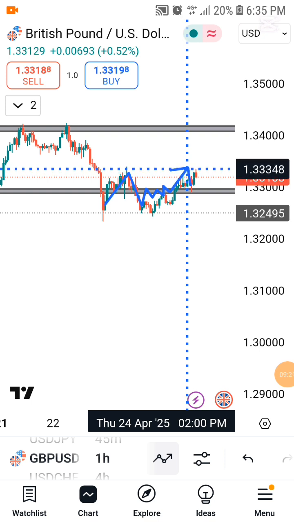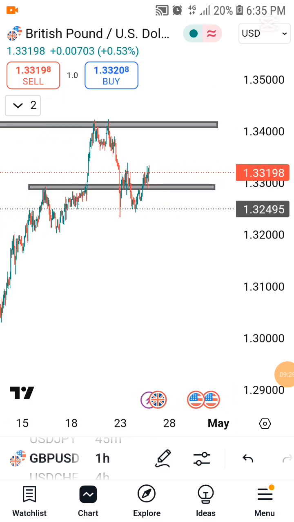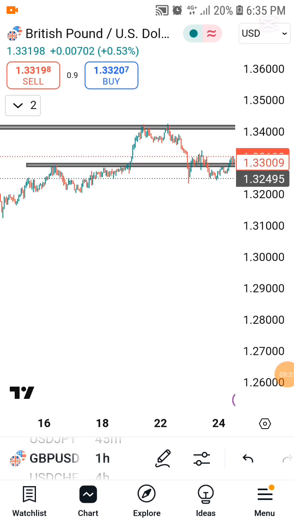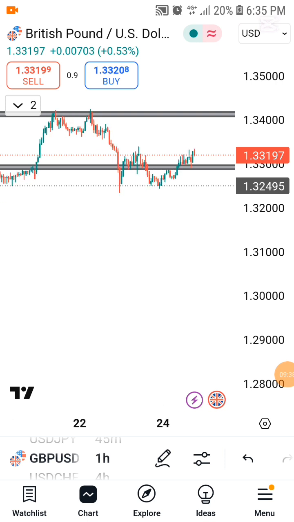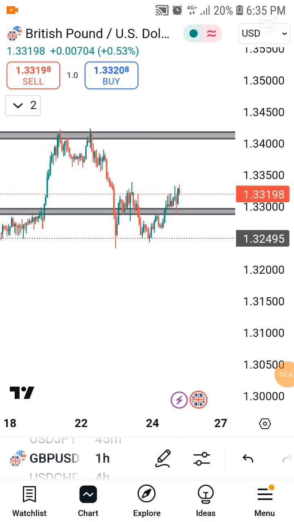Then they'll drop the market down. This thing doesn't just happen as a coincidence. If you understand the technique, there is a way you can trade with it. It's aligned with the time frame, because the reason why I say it's aligned with the time frame is that, coming to